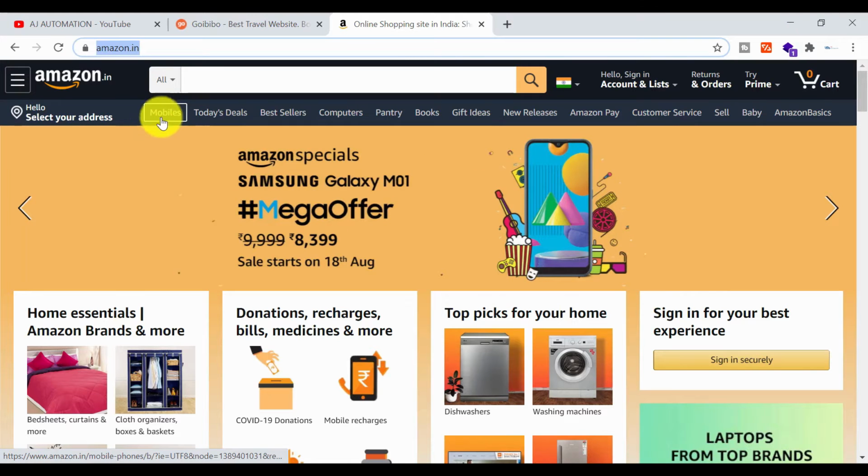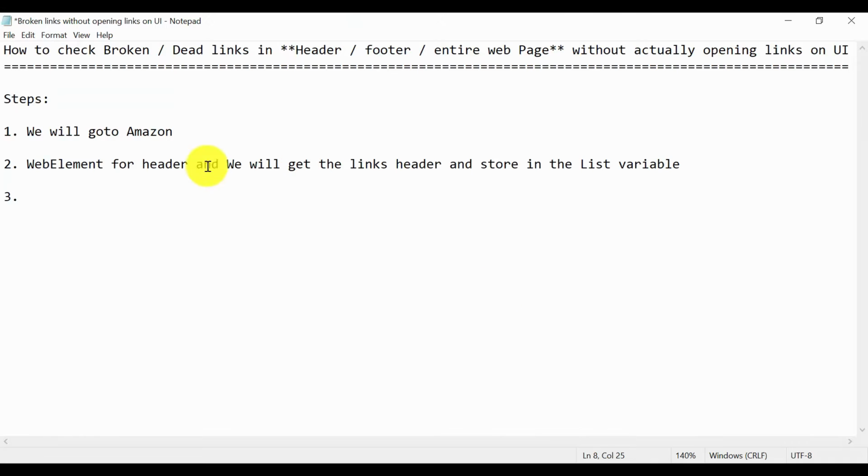After storing, we are not going to click on these links. What we are going to do is use two classes. One is the URL class, and the other is the HttpURLConnection class. These two classes we are going to use. How to use them, I will show you through the code, and then we will get the response code.